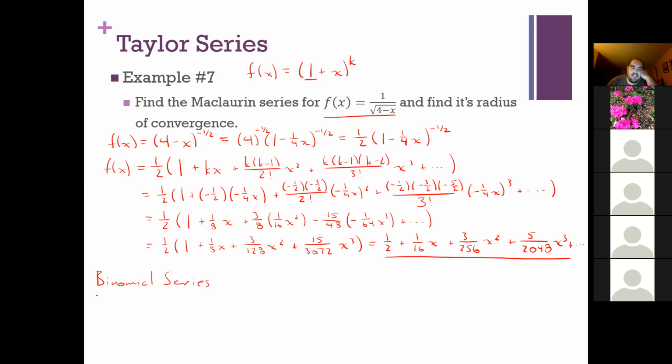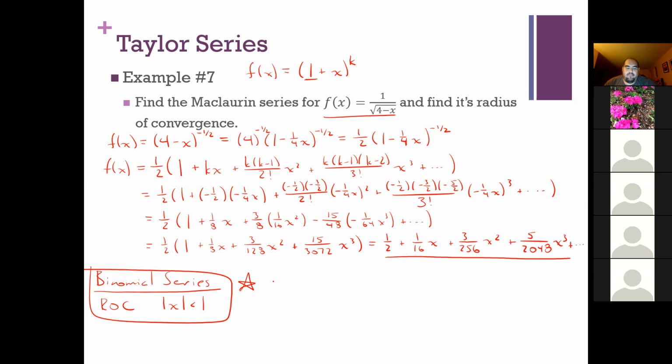And because we're short on time, I'm not going to prove this. We can another time if you're really interested, but what I'll give you here is that for the binomial series, the radius of convergence comes from this. I want the absolute value of x to be less than 1. So for this,